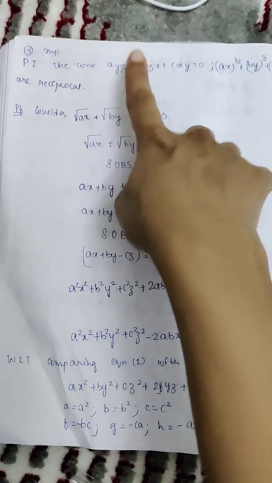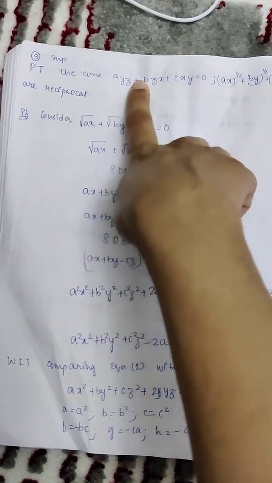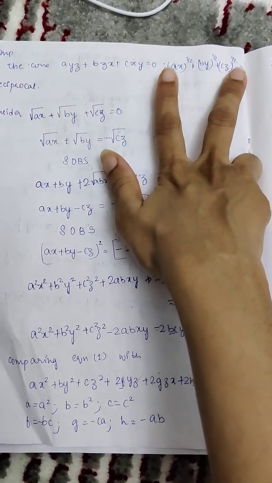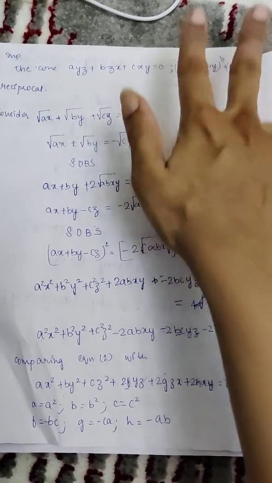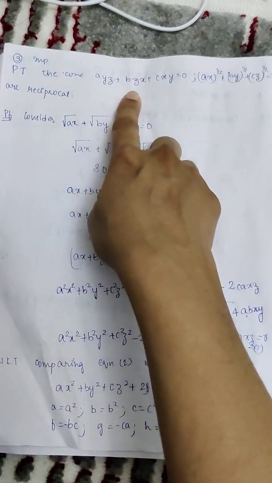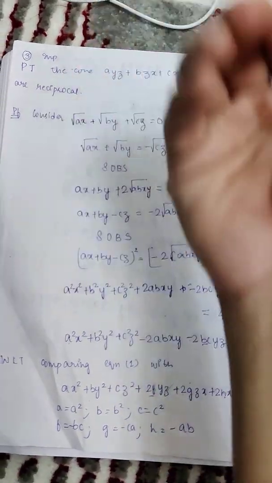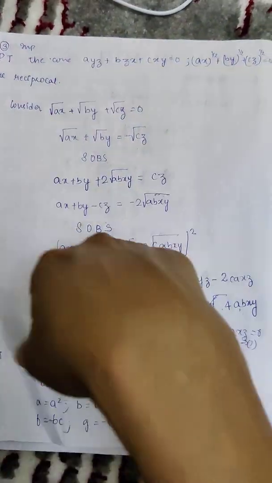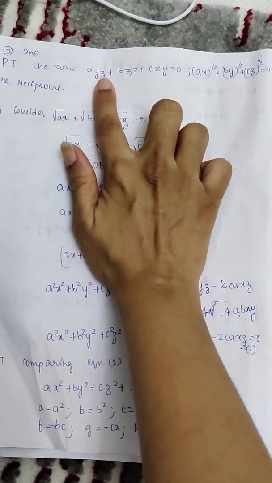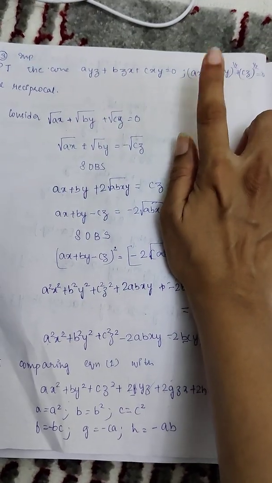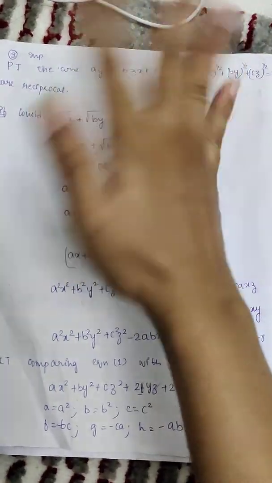The meaning of this is, if suppose this is the cone, its reciprocal cone's equation would look in this particular form. If I assume this to be a cone, its reciprocal cone's equation would look in this particular form. So you can choose either of the equations and then prove the later part. If I assume this cone and find the reciprocal cone for this equation, it would look in this particular form. This should be the answer. So I can choose either of the equations.